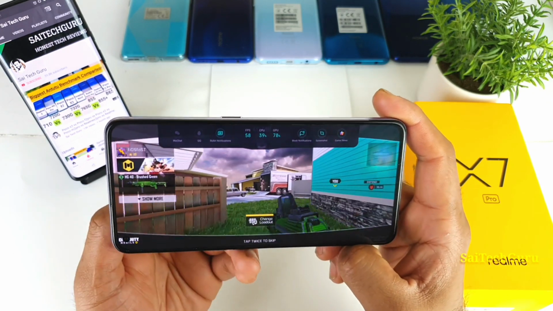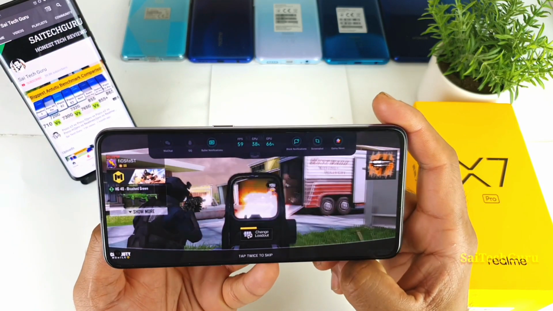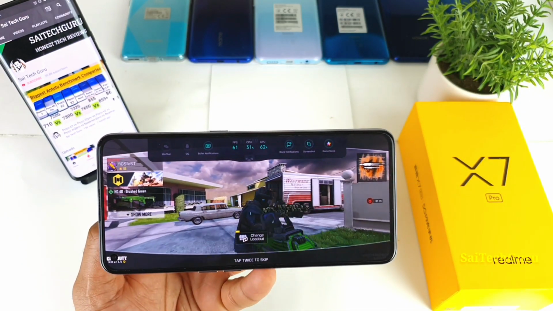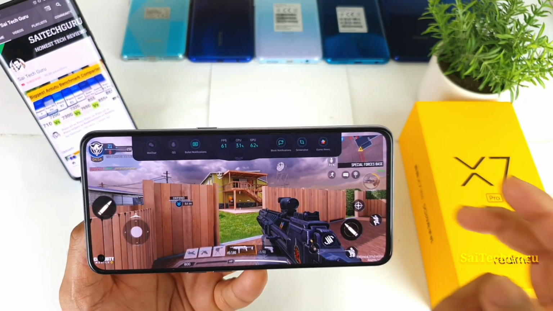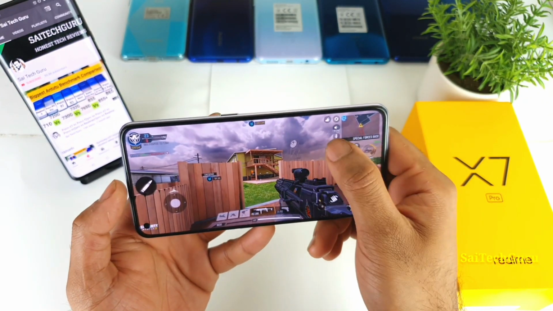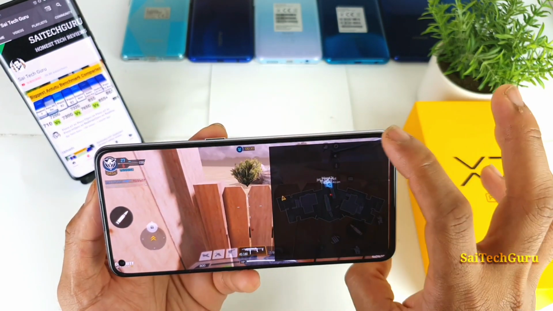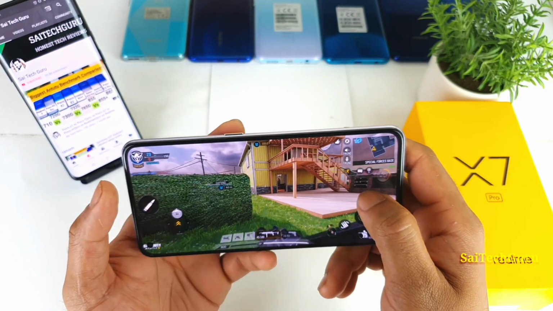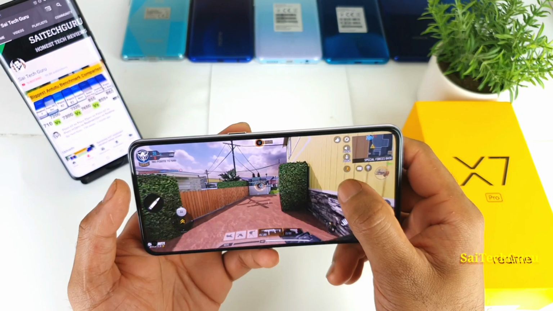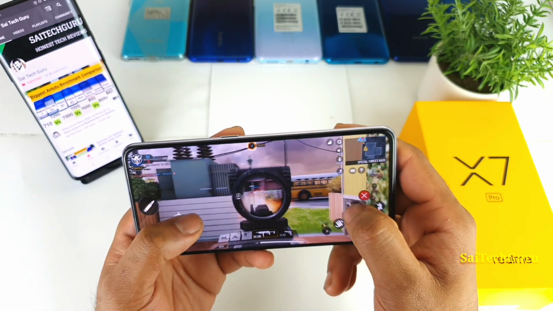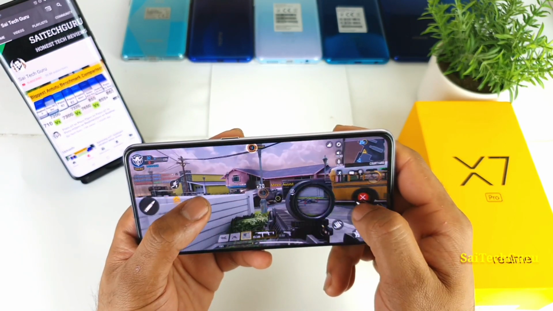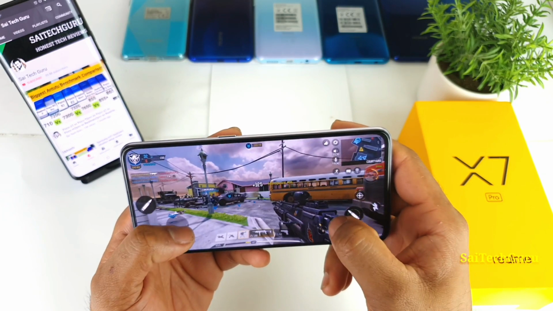So right now you can see, friends, 58 FPS, 57, 59 FPS. This is with the multiplayer mode, not with the battle royale mode right now. So let me try to run and show you the FPS. But overall it feels very smooth while gaming right now on the Realme X7 Pro because of this 120 Hz and the 240 Hz touch sampling rate, I think.